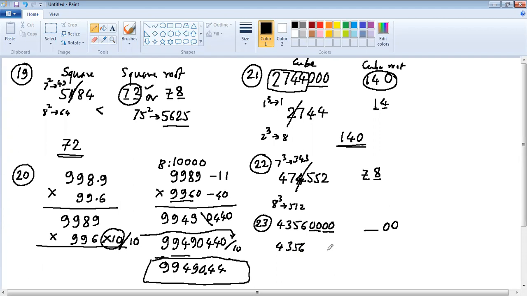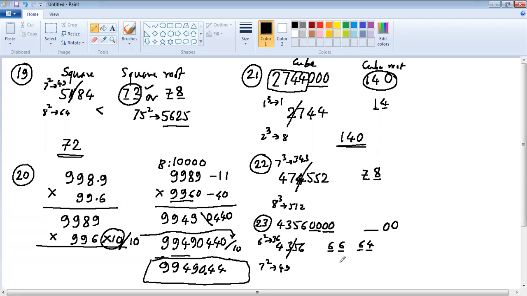Now you will do it in the normal way. So this is 6. 6 means 6 and 4. You take 6 and 4. If you want, you take 4 first, but it does not make a difference. Then remove the last 2 digits. 43 is between 6 square, that is 36, and 7 square, that is 49. Okay. 43 is very clear. It is between 36 and 49. So the lower side we take, so 66 or 64.